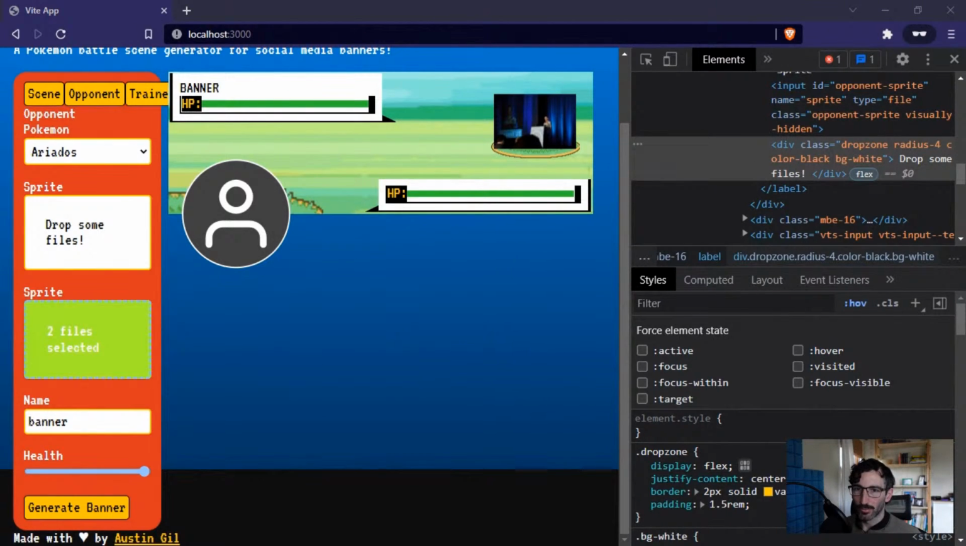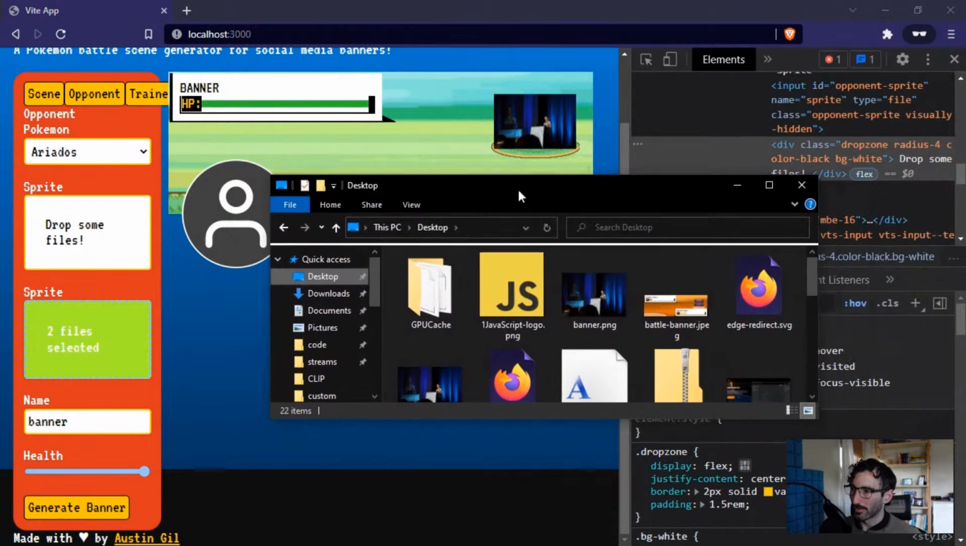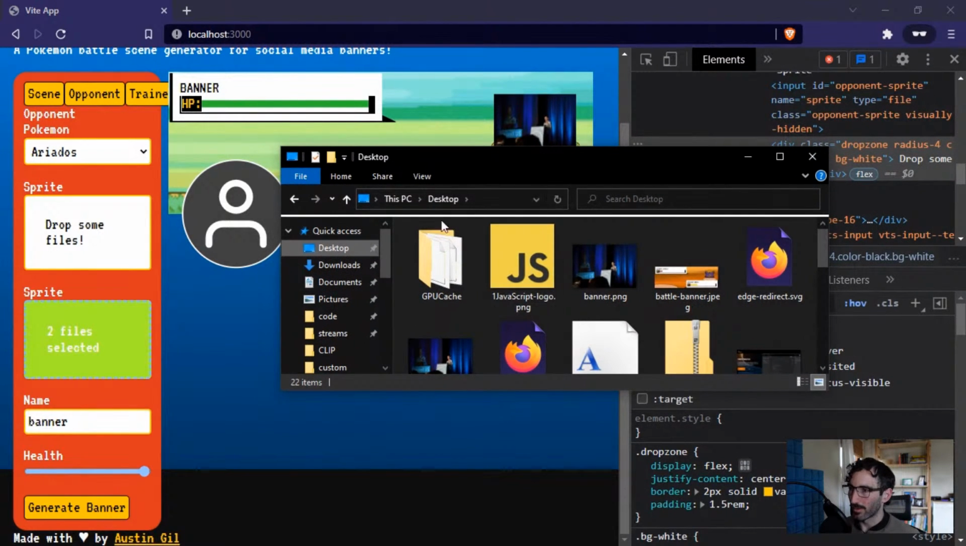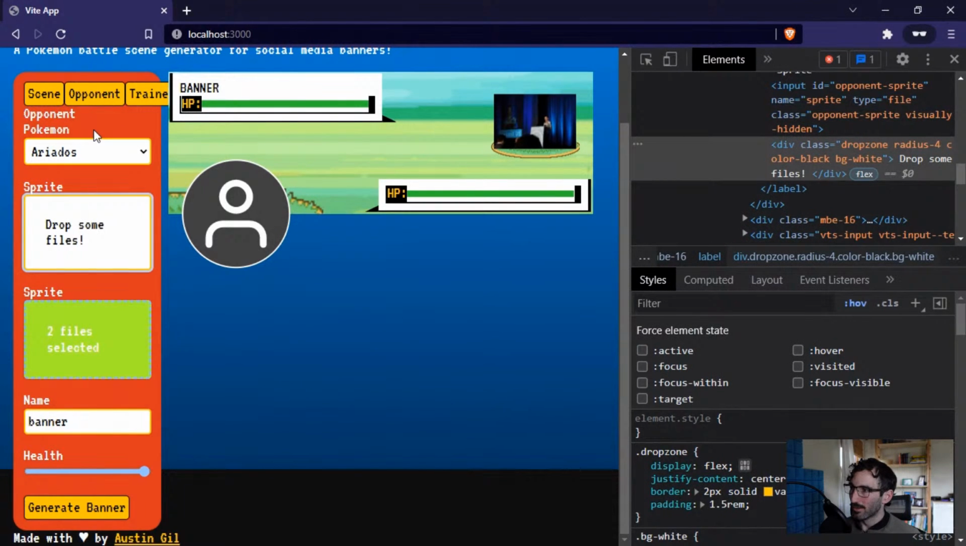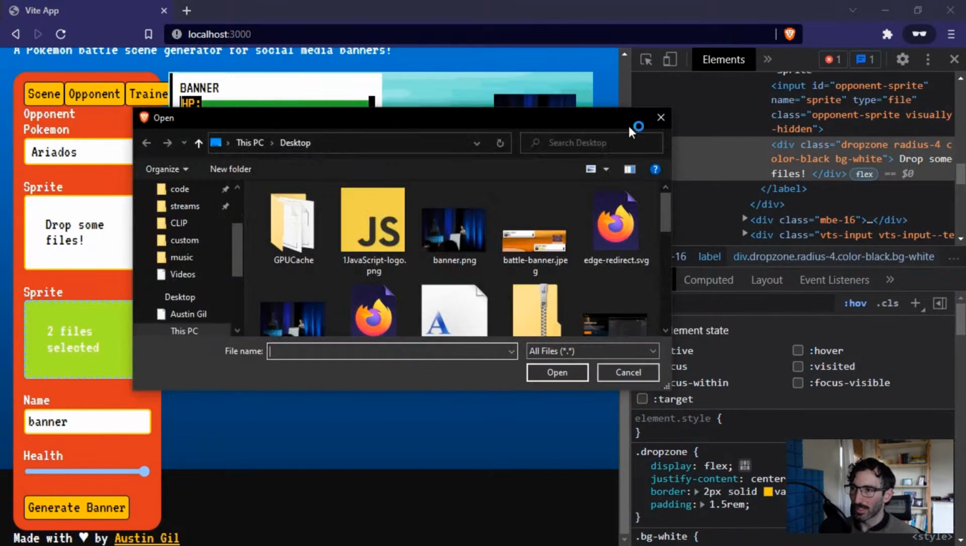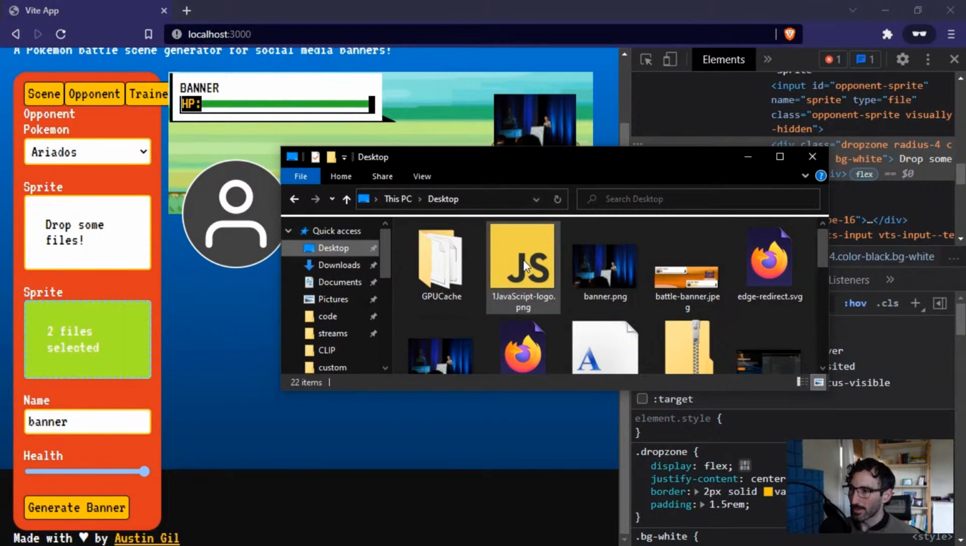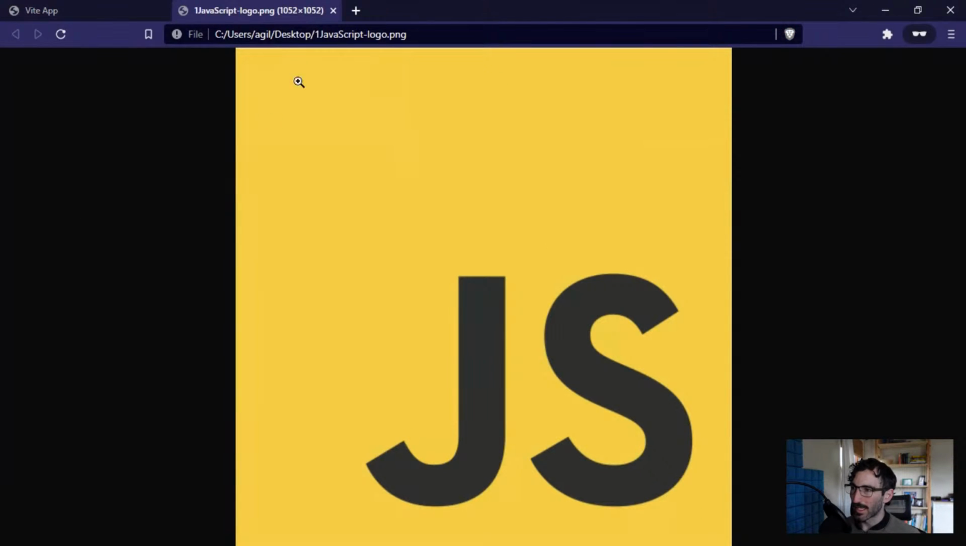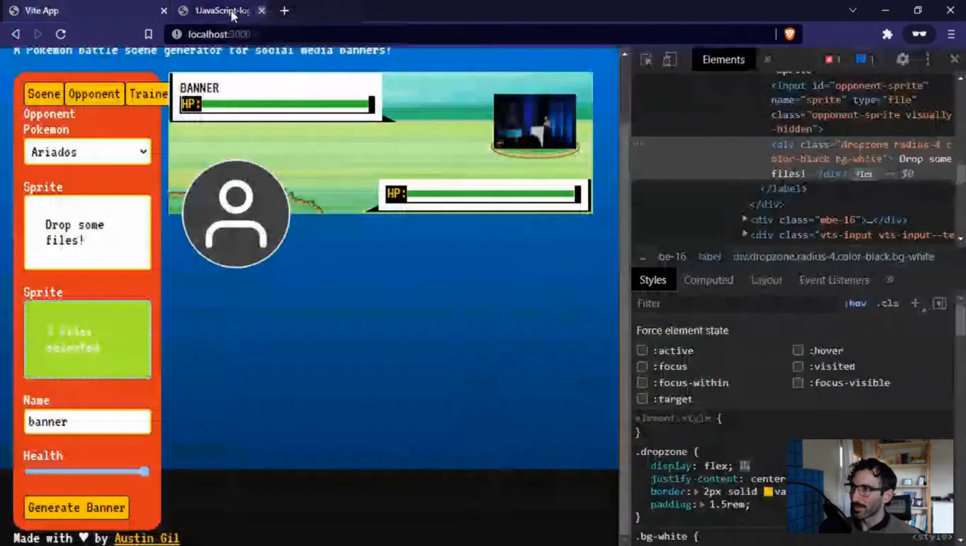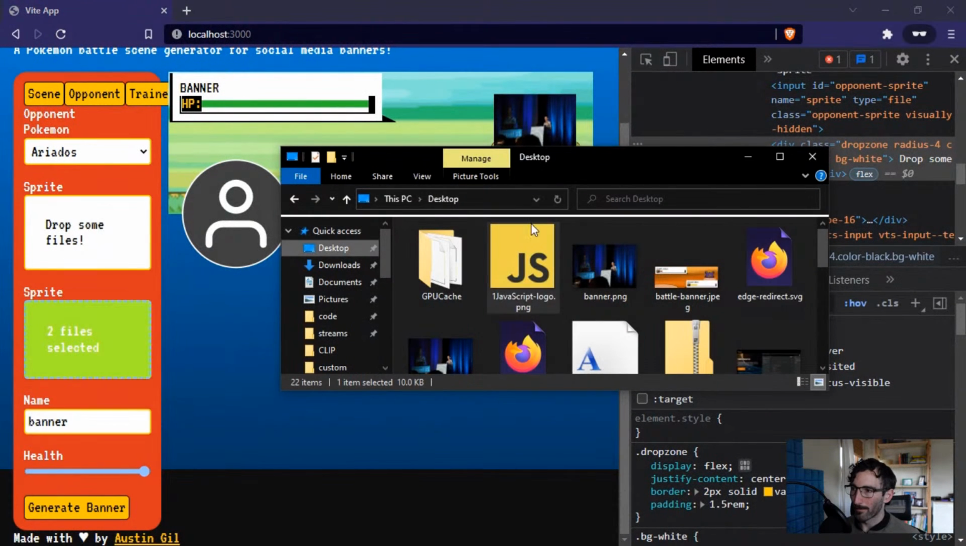If I bring my desktop over, another thing that you want to support with a drop zone is not just focus or keyboard accessibility, not just clicking and opening up the file UI, but you want to actually be able to drag and drop a file over. So if I drag this onto the desktop right now, I think it's just going to navigate to that file, which is not the behavior that we want. But if I drop this onto a file input,